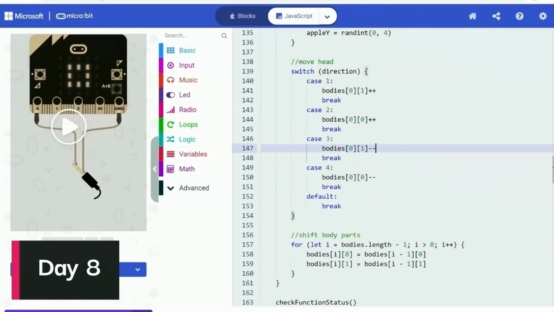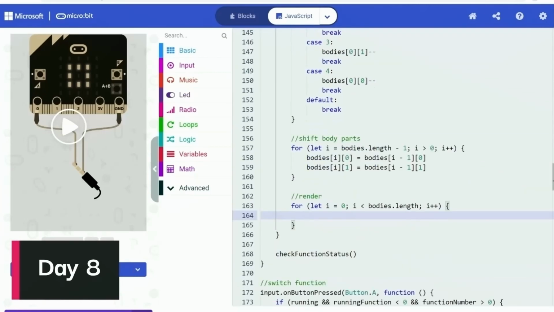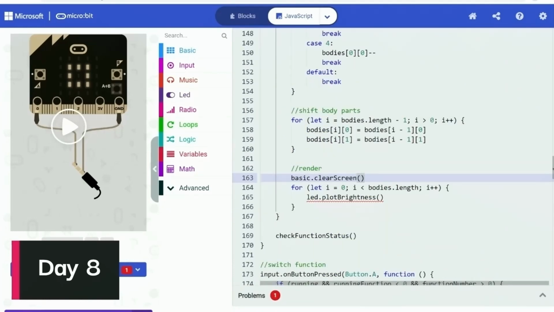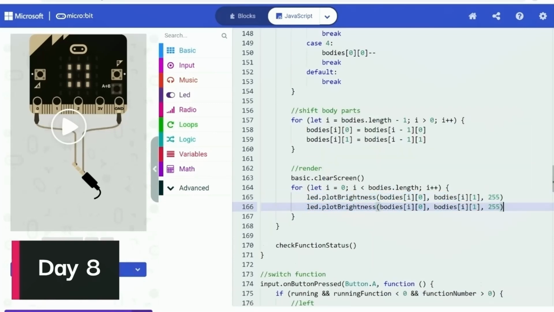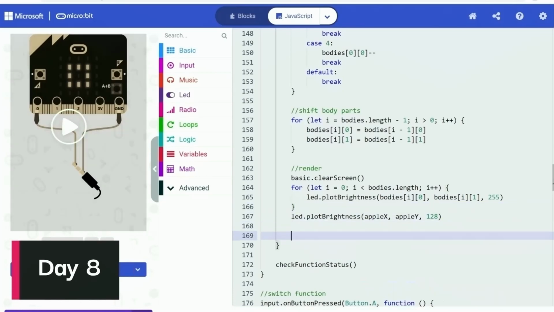To make sure everything was correct, I quickly wrote the code to render the things on the LED screen. I used the positions in the variables and plotted the LED based on that. I also made the LED for the apple a bit darker than the LED for the snake, so the user can actually tell which is the snake and where the apple is. This rendering logic was put in the while loop just like the rest of the logics for this game, and they will be executed over and over until game over.